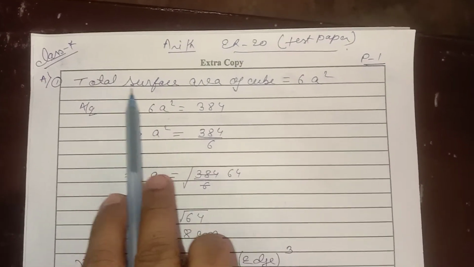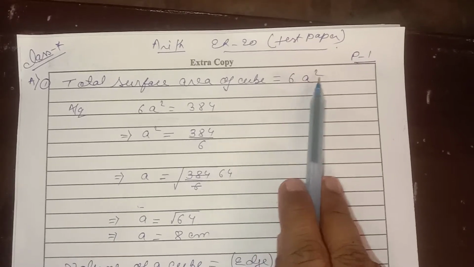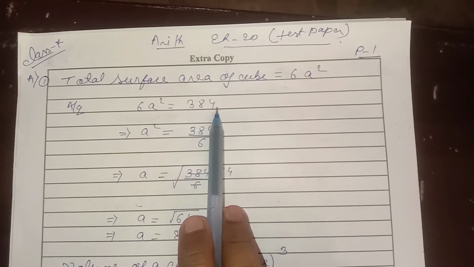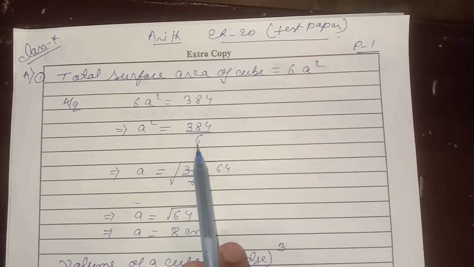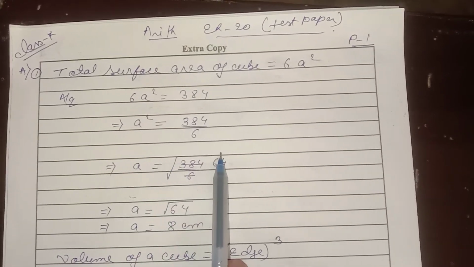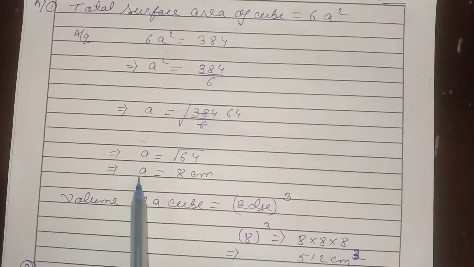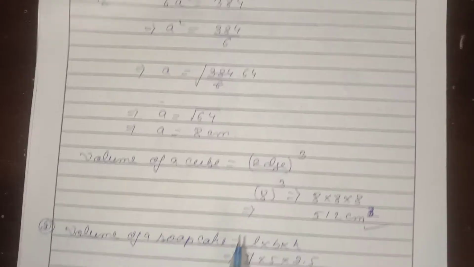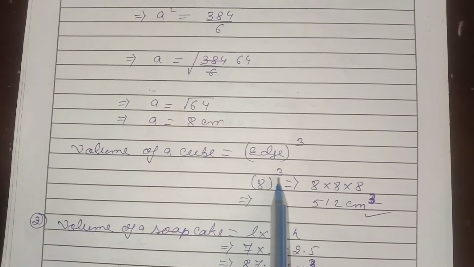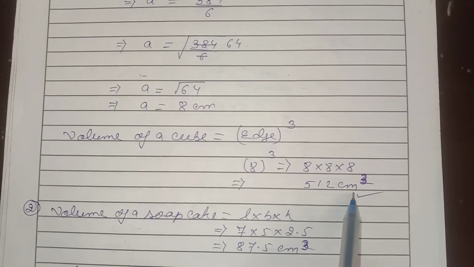Number 1. The total surface area of a cube, as we know, we have got a formula, that is 6a square. So according to the question, 6a square is equal to 384. This 6 we can divide here. That means the formula for a square is here, that side it becomes as root. If you cut it, you will get 64. That means the edge is 8. What we have to find out? We have to find out the volume of a cube. That is edge cube. 8 we have to write thrice. If you multiply thrice, you will get 512 centimeter cube.